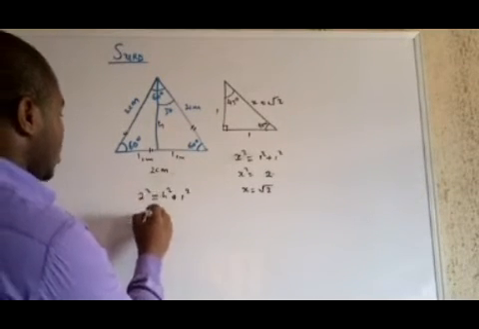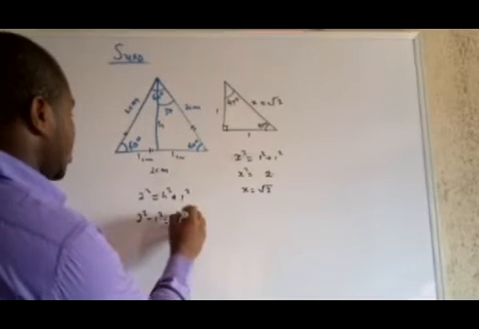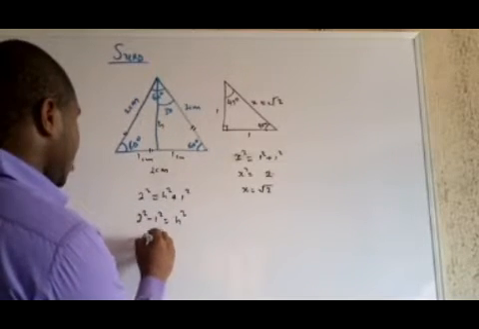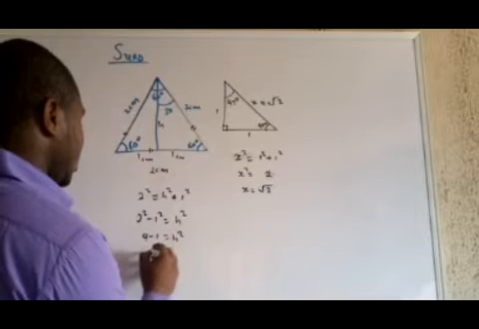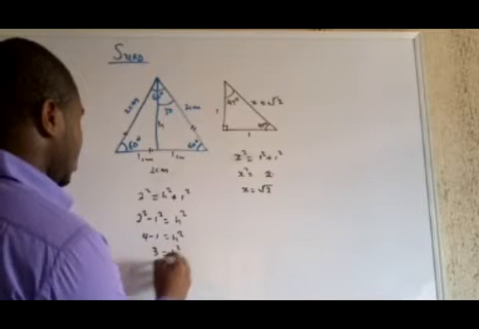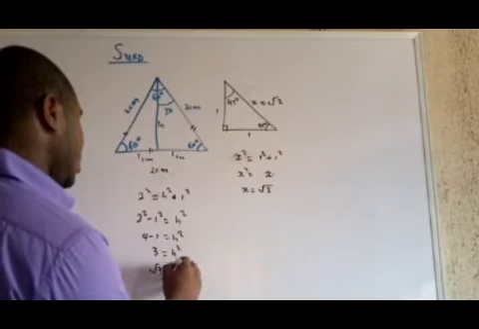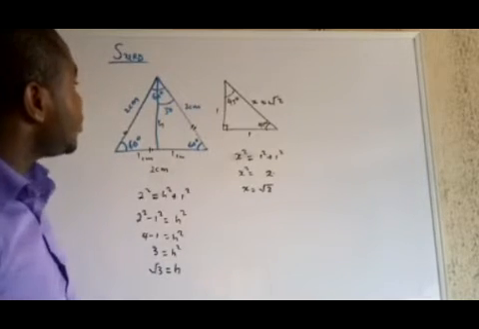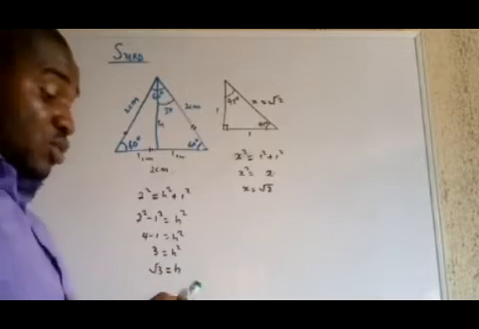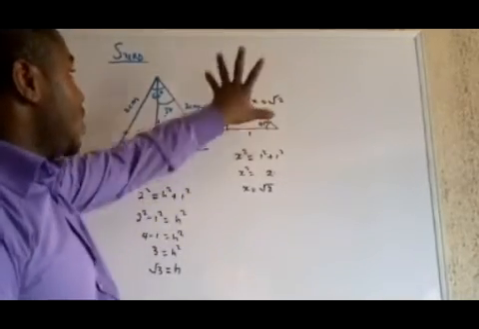We have 2 squared minus 1 squared is equal to h squared. So we have 4 minus 1 is h squared. 3 is equal to h squared. So we have root 3 is equal to h. From this, we assume we know what Pythagoras theorem is, which says if you have the hypotenuse side and